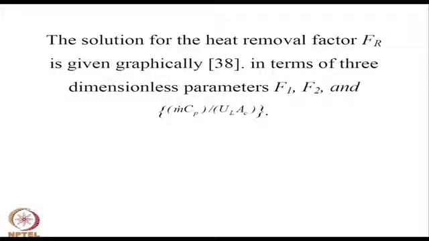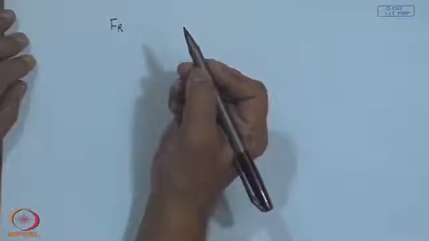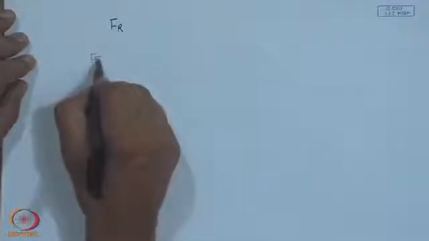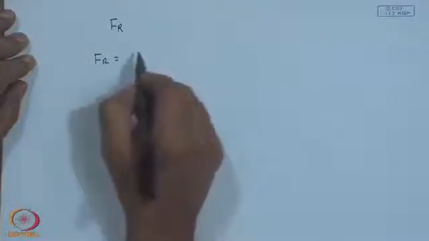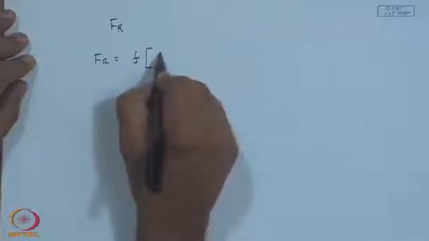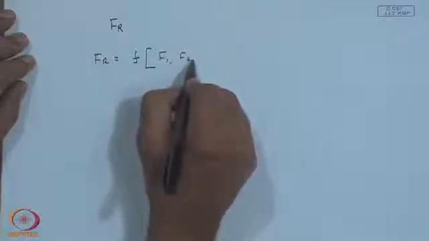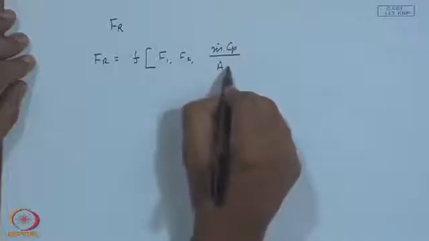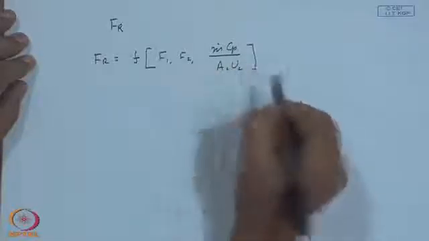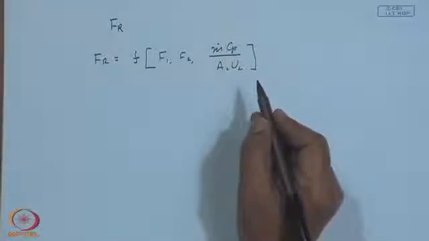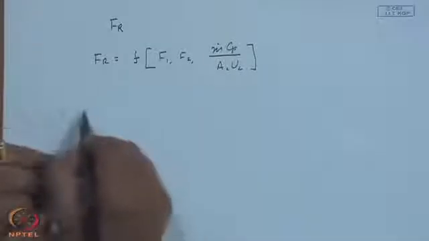And the heat removal factor Fr is not so easy to analytically obtain. So, Fr has been expressed in Abdul-Khalik as a function of 2 dimensionless parameters f1, f2 and m dot Cp by A_c U_L. This is what we get in your heat removal factor all along, where f1 is defined as